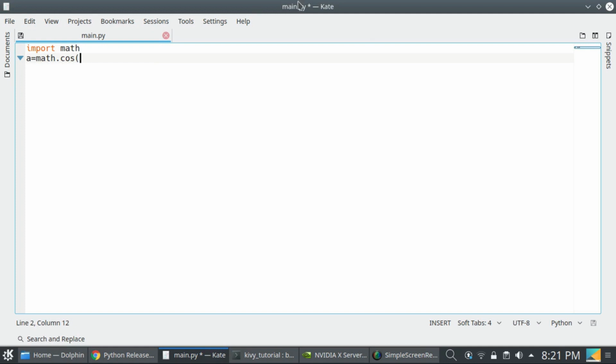In Python, everything is an object. So as math is an object, I am using a method of the math object. One of the methods is cos of the math object. So I am using the cos method, so this is math.cos. This is the object, and dot cos is the method. So I am using the cos method from the math object. So I am printing